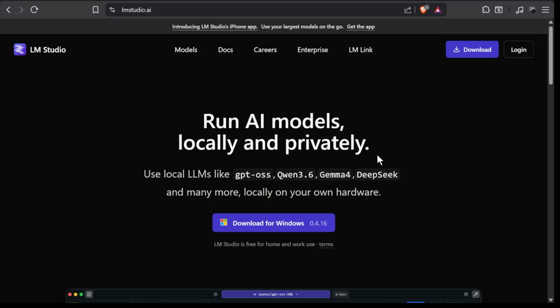Now before we dive into the application, let's talk about hardware. You don't need a crazy setup for this. If you have a decent modern laptop with at least 8 to 16 GB of RAM or a dedicated graphics card from the last few years, you're good to go. And trust me when I say this, LM Studio is the most straightforward and user-friendly way to get a local